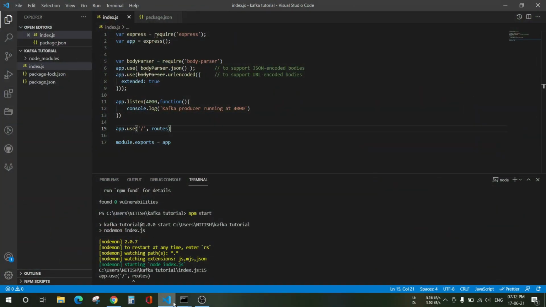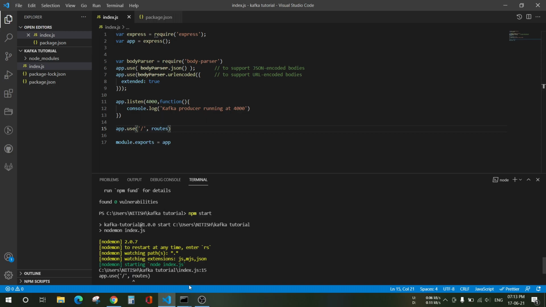So in this video we'll see how to make a consumer and a producer using Kafka and Node.js. Here I have already made the necessary requirements in order to run a Node.js project. If in case you don't know, I'll link that in the iCard above. Here I have downloaded Express, body parser and all of that, and for the server I have chosen port number 4000. You can use any port number you want.